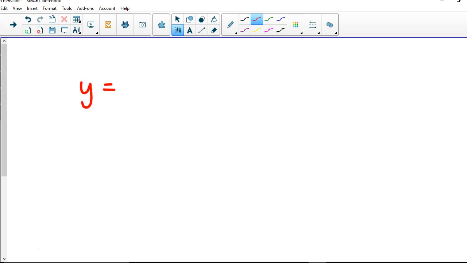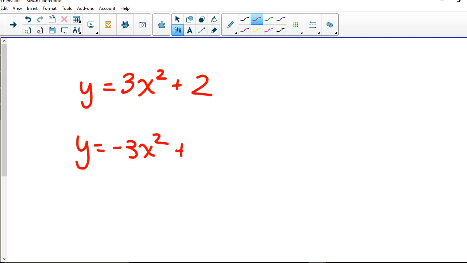Y is equal to x squared plus 2, let's put 3x squared plus 2. Can we go ahead and say for sure, if it's a positive leading coefficient, on the right-hand side, it's going to